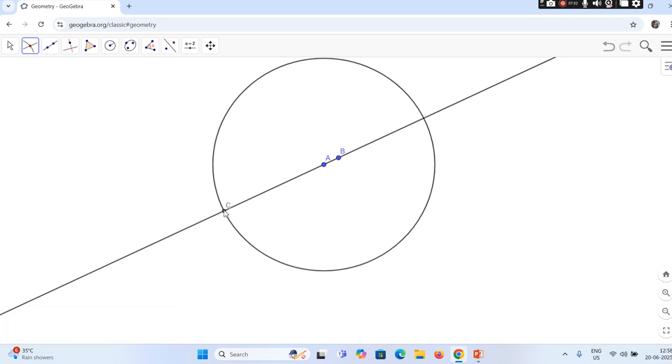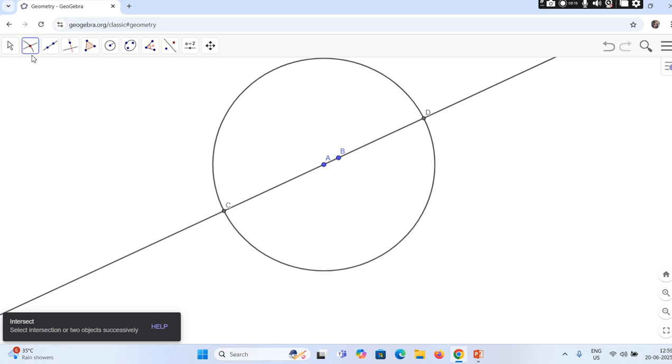So let's say CD. CD is the diameter of the circle, right? What we need to visualize is that the angle formed in a semicircle is a right angle. Dear students, you know what a semicircle is? It is the half portion of a circle. When a diameter divides the circle into two parts, the two portions which we get are known as semicircles, right? So what we are going to prove now is that the angle formed in a semicircle is of measure 90 degrees.